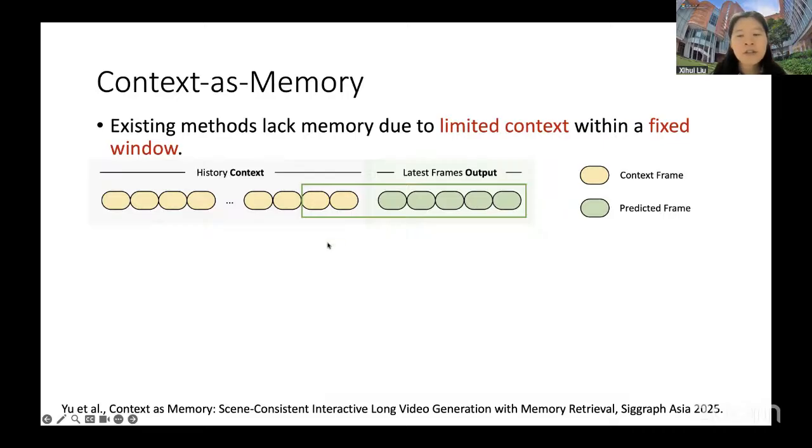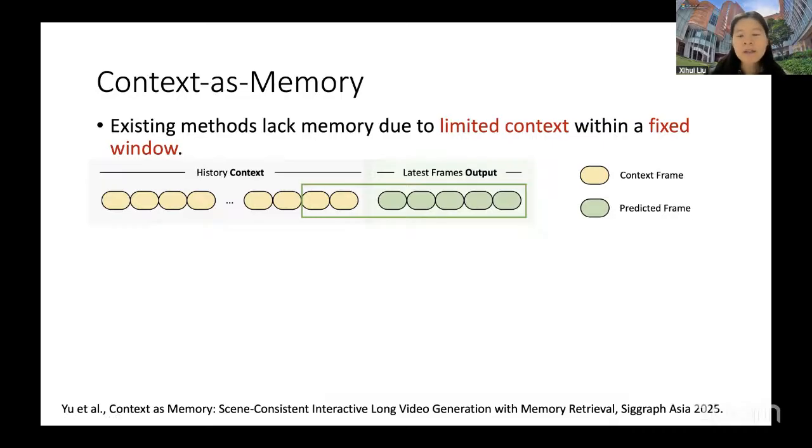In diffusion models, typically we use the most recent history as the context information and use it as a condition to generate the new green frames. So the context window is like this: we look at the previous several yellow frames, and then we generate these green frames.